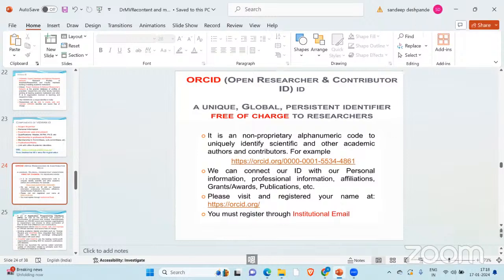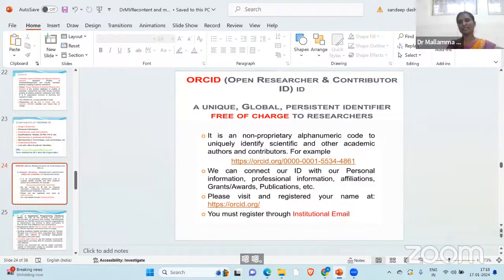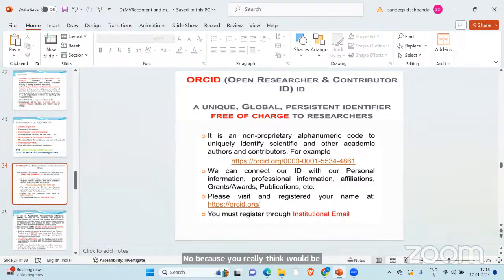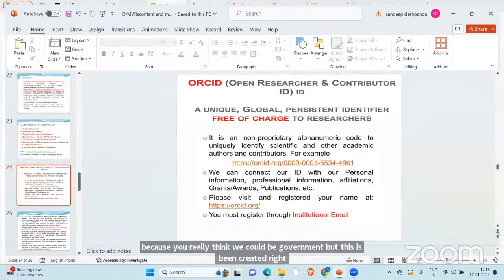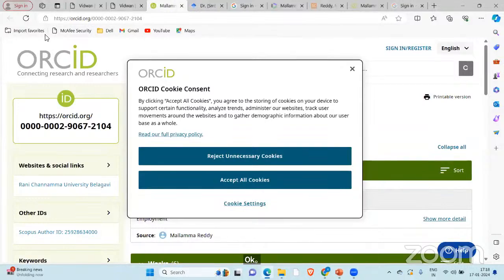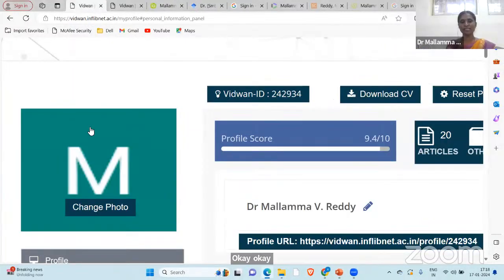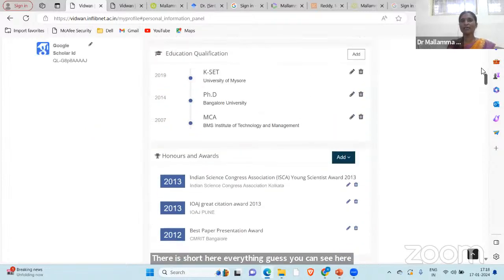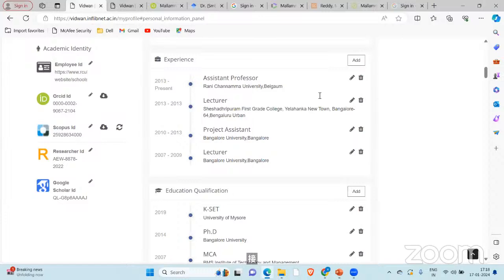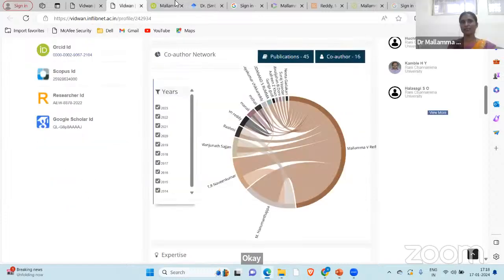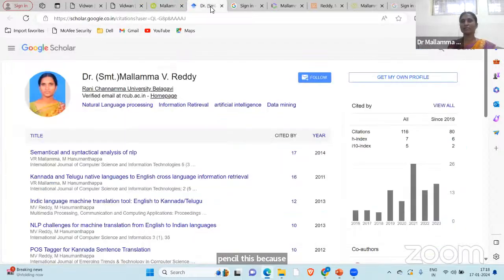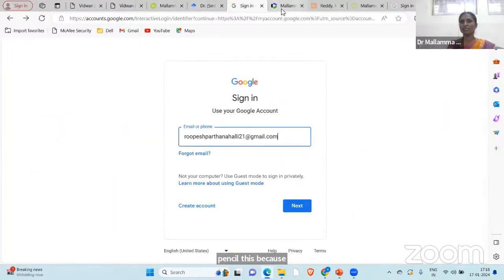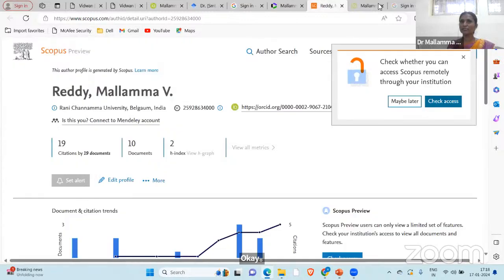No, because everything will be covered, but only when it has been created. If it is not created, then how will it show? Okay. That is the platform where it is shown here. Everything you can see here, all the details are visible here when everything is created by you people. See, these IDs are all created, hence it is visible. Vidwan is visible, ORCID is visible, Google Scholar is visible, Scopus is visible, Web of Science is visible.